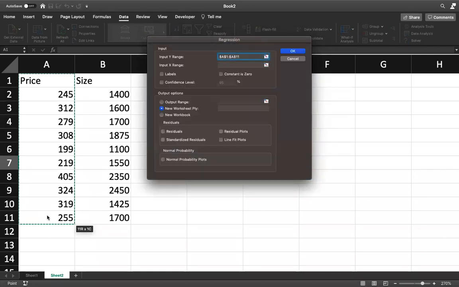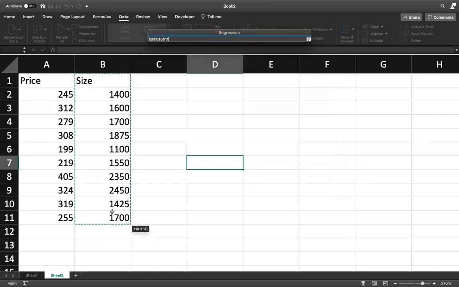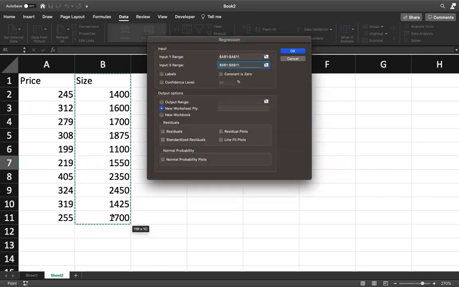Okay, you remember that when I was picking, I picked the label. I picked the label, I added it. Then I have the input X range. I also pick it, the size. Okay, so I have that. And because the labels are included in the data range that I picked, I have to check this labels box. Okay, then that is all. The other ones you can just ignore them. And okay,